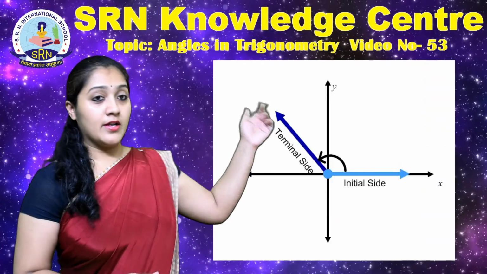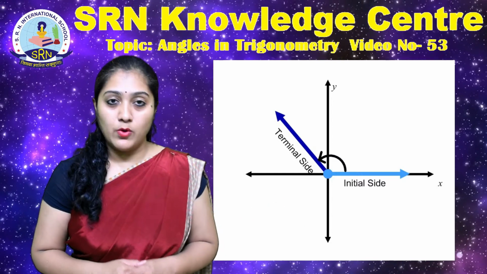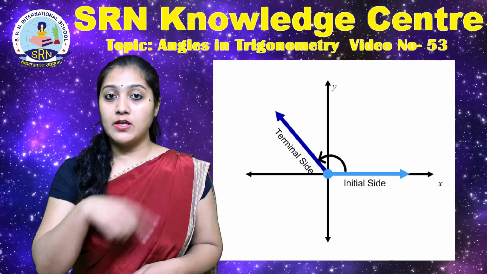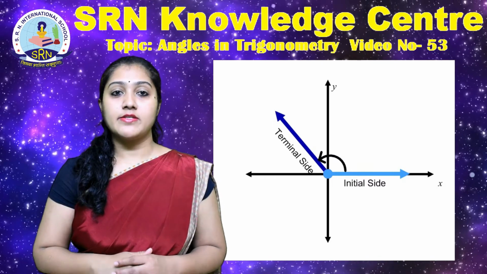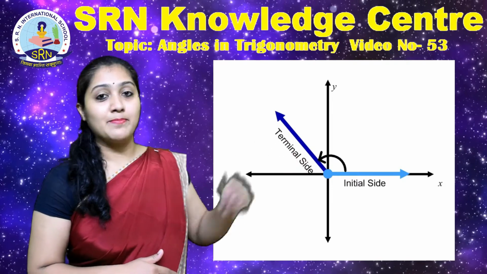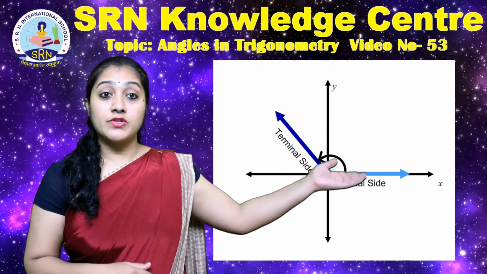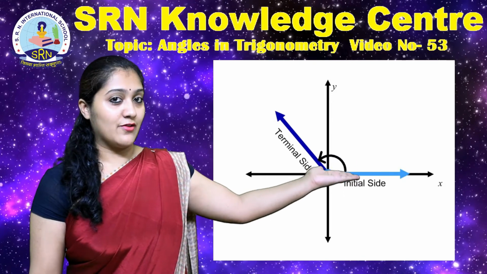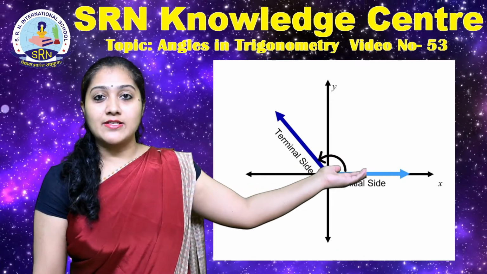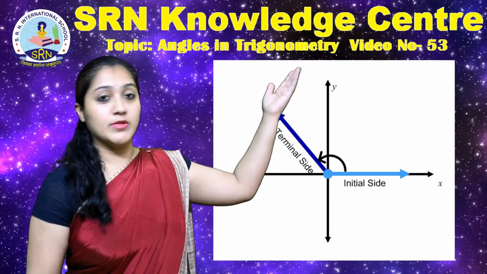The diagram here shows the system of XY axis on a plane. Both these axes divide the plane in 4 quadrants. Let us consider a ray with its end point lying on the origin of the XY plane. Let the ray rotate. Its distance from the positive x-axis is known as the angle of measurement, and the x-axis is known as the initial side, and the ray is known as the terminal side.